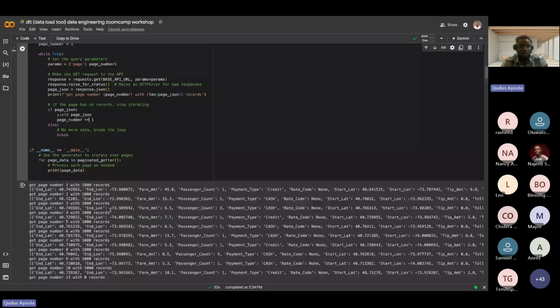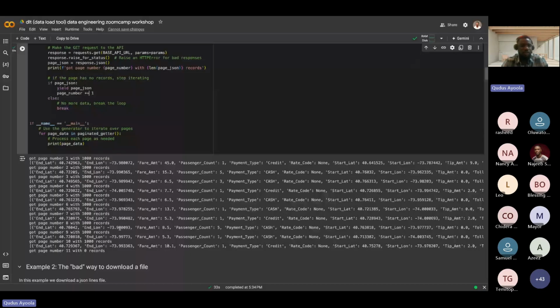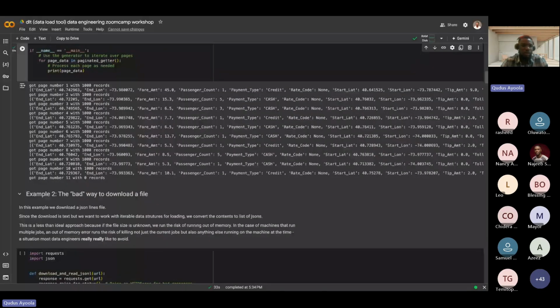Your memory might be really small, but this will allow a good throughput of your data using the small memory that you have. It might not be as fast as loading all your data, but basically it helps you manage your memory properly and it's easy to scale.